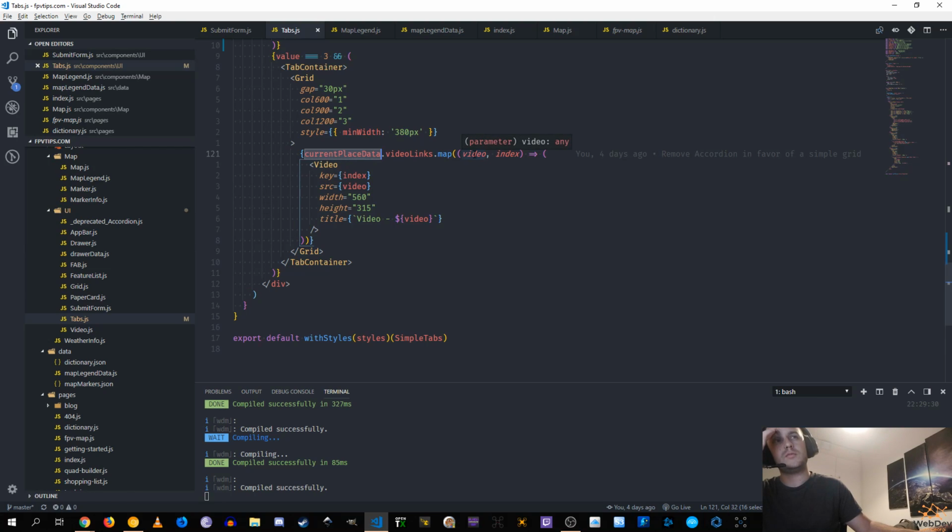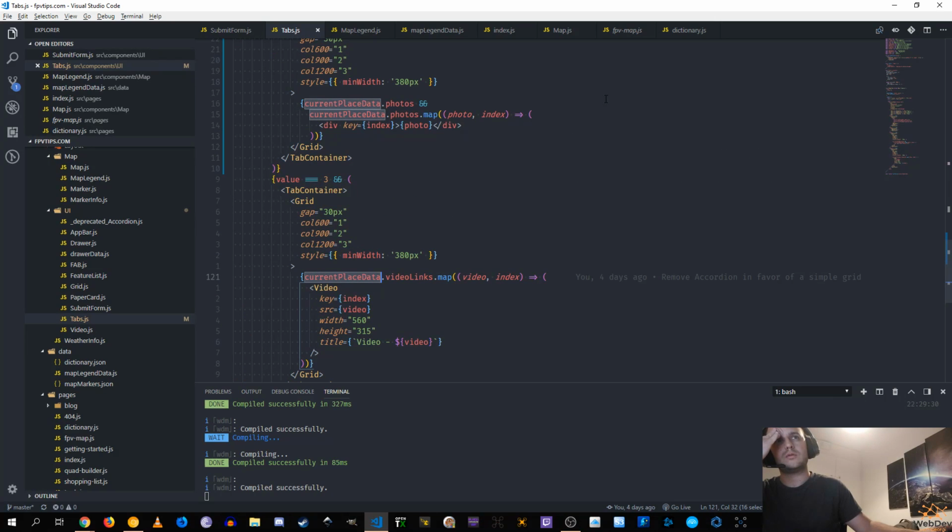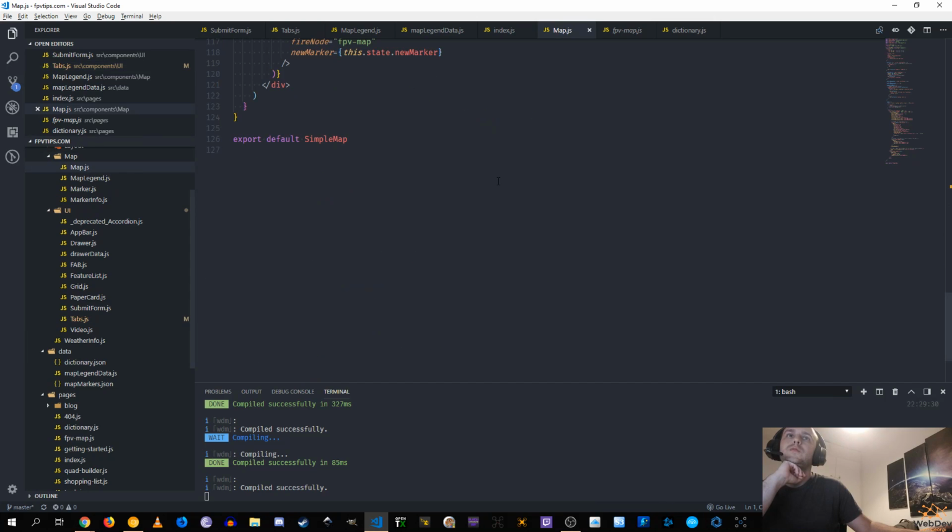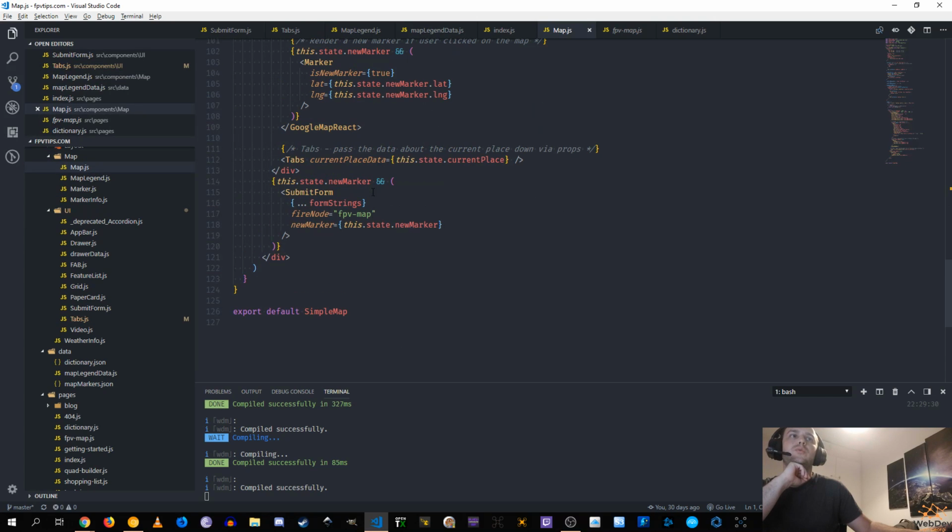Then again, I don't know, I kind of feel like I should pass it down. Yeah, let's pass it down into photos. But here, where we actually know about current place data, which we get from state,